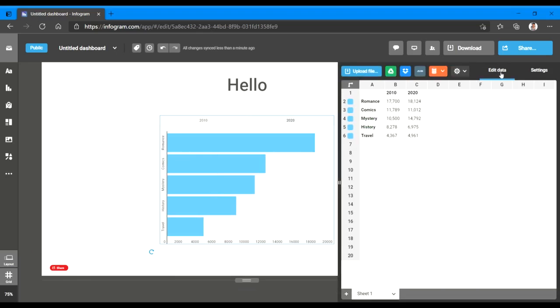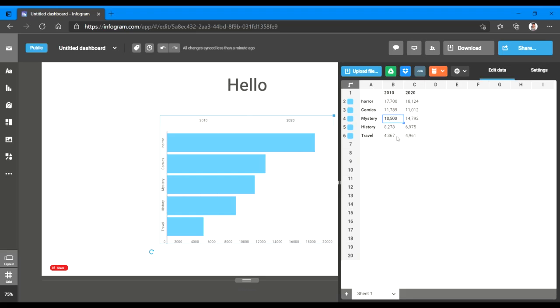From here you can edit your data from this edit data tab. So these are your y-axis: romance, comics, mystery, history, travel. You can change it, double click it, and you can write anything you want. These are the data which is available.